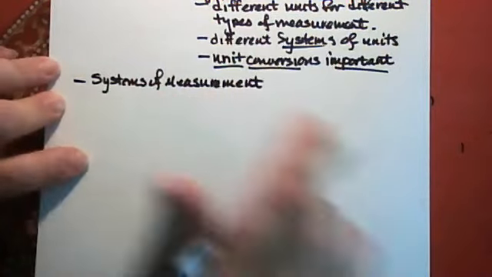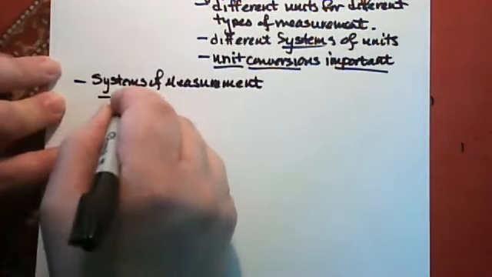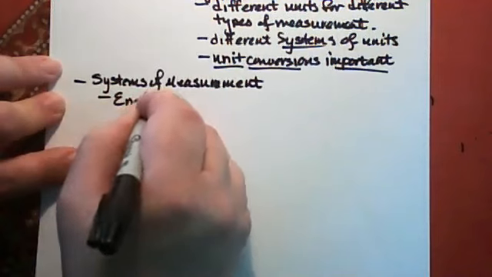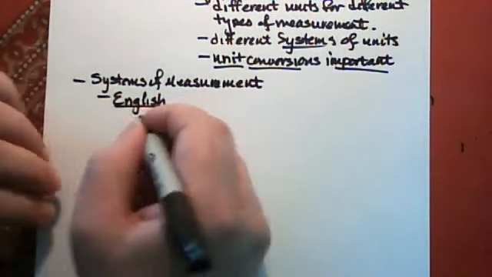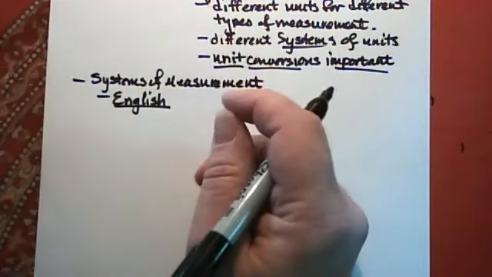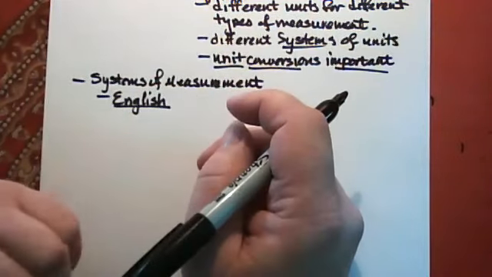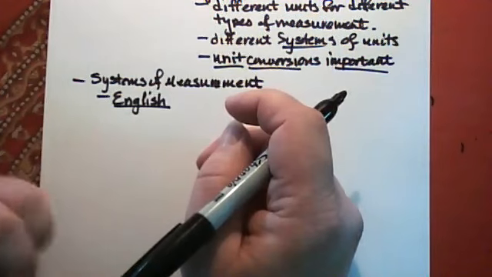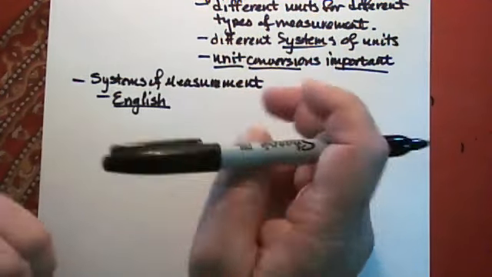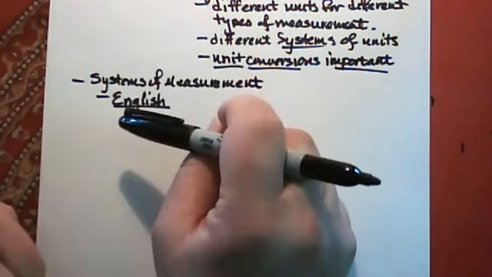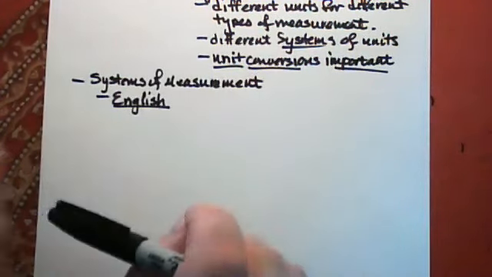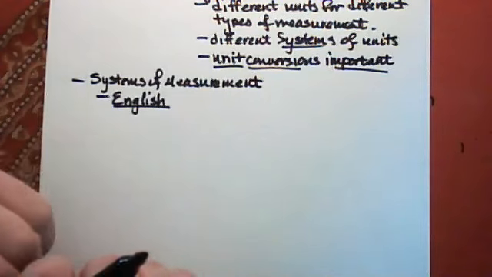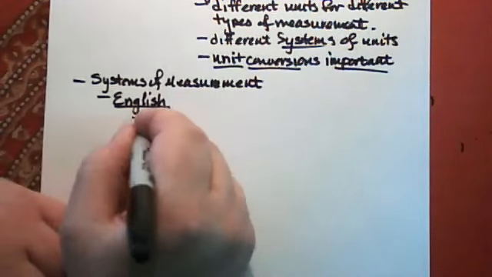Okay, so systems of measurement. Again, the main one used in the US would be the English system. And the English system, as most of us anyway are probably familiar with. I don't know if there are any Canadians in our midst, but actually, even most Canadians are pretty familiar with the English system because the US media is so dominant. So in the English system,